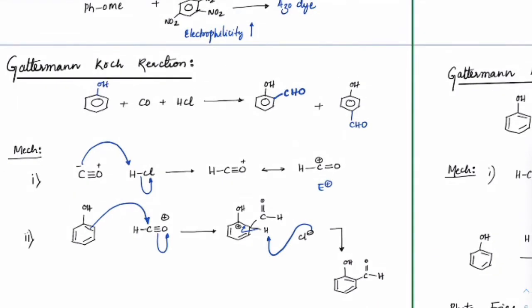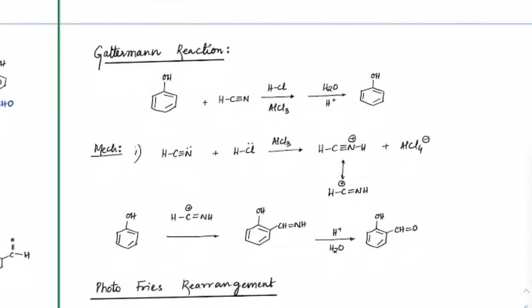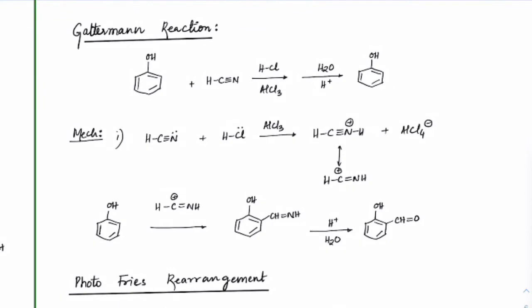It's a very simple case. Okay, so that's the Gatterman-Koch reaction. See, when you say Gatterman-Koch, we will have carbon monoxide. Okay. If we take the Gatterman reaction, it is with hydrogen cyanide, with HCN in the presence of a Lewis acid, AlCl3. Okay, and finally after hydrolysis, we would get the similar product here also, CHO and CHO at the para position.